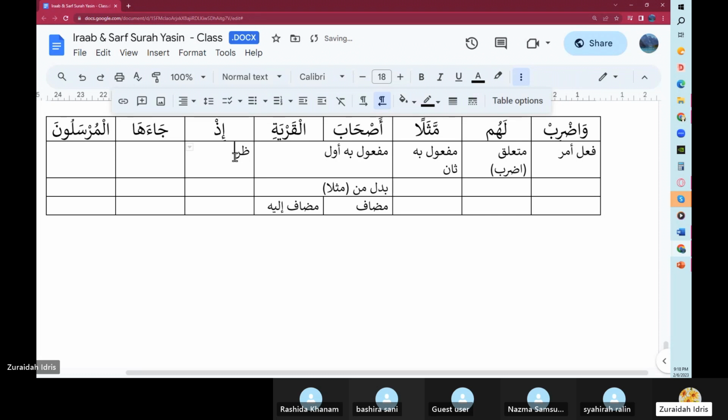I have only Sister Ralin's and Sister Hazim's email attached to this document, because this is in Google Doc. I think everyone has Google Doc, right? You can go inside your drive, and once you've given me your email address, I will share this with you. Can you put it in the chat, your email? Sister Nazma, can you put yours in the chat? Sister Bashira as well, and Sister Rashida. Oh yeah, you're with us. Can you just put it there, and I'll try and add you in.